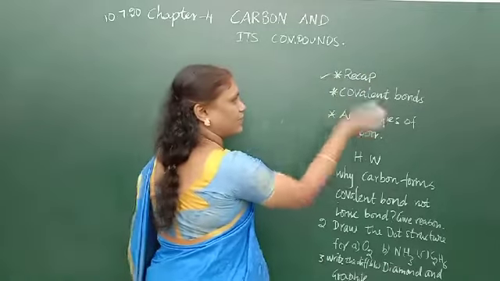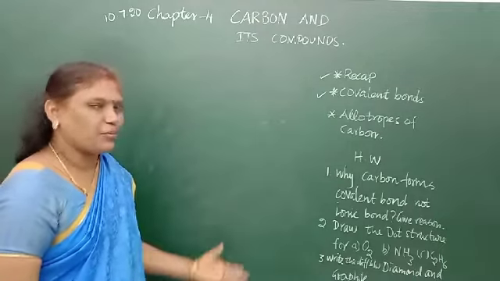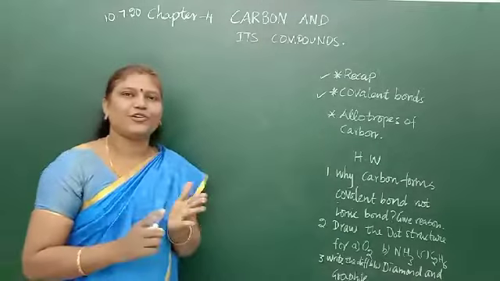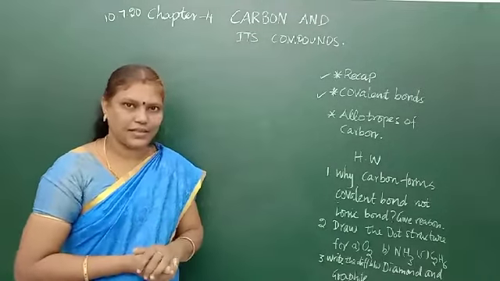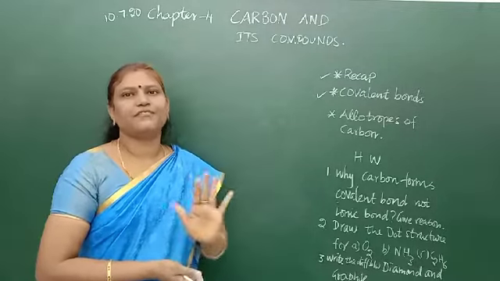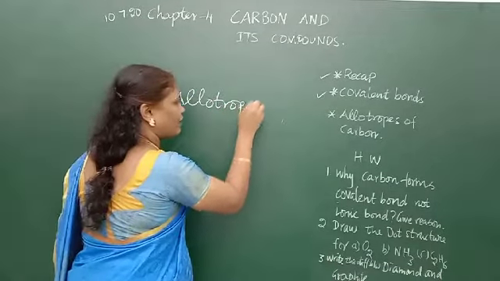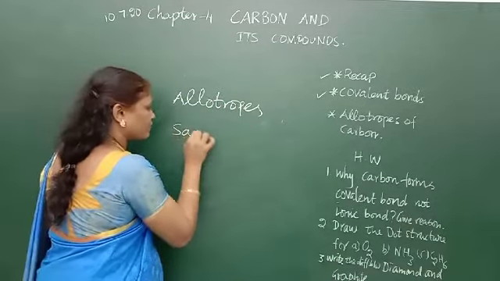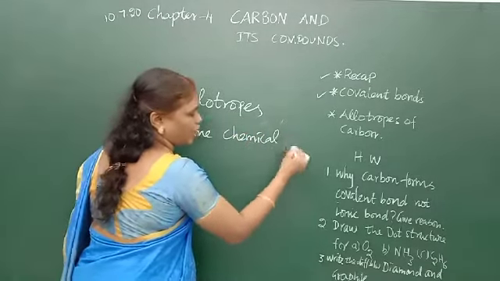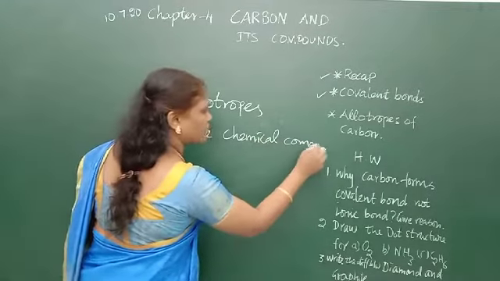So I have recapitulated covalent bonds, how they form. Some more examples will be seen here. And what are allotropes? See, allotropes are the same element, which will have the same chemical properties but different physical properties. What are allotropes? Allotropes have the same chemical properties. See, they have the same content, the chemical components.